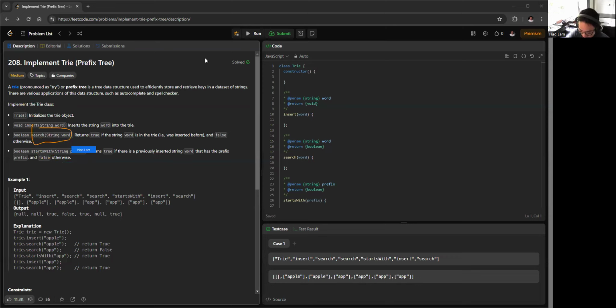Search and startsWith are pretty similar, right? So let's say we have a header A. We can insert something into a trie. A trie is basically just a tree, a poly tree, a tree with multiple children, right? Apple, right? And we have